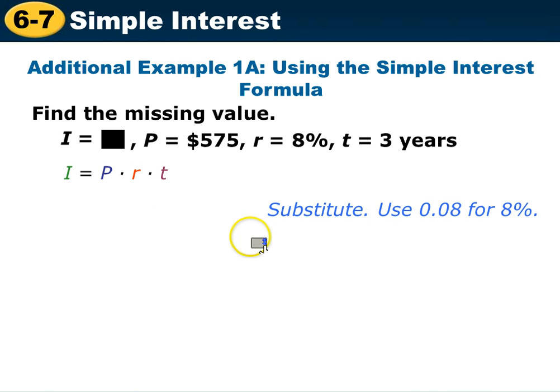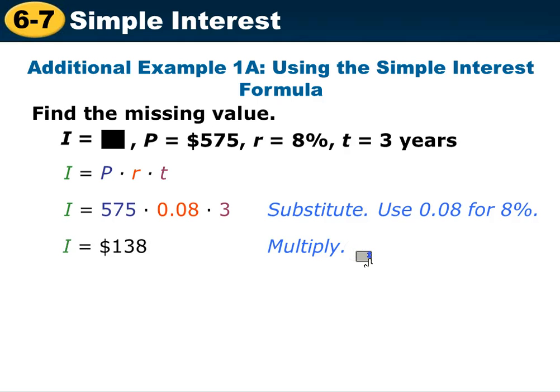So here's the principal, the rate, and then the time is 3 years. And then all you do is go ahead and just multiply them. And here we are paying an interest of $138. Okay,